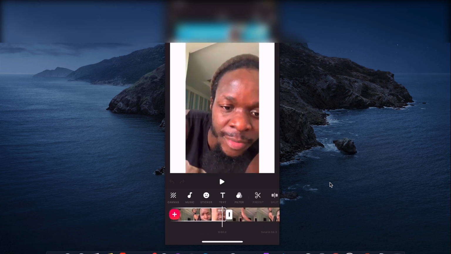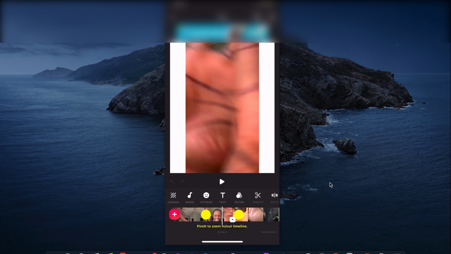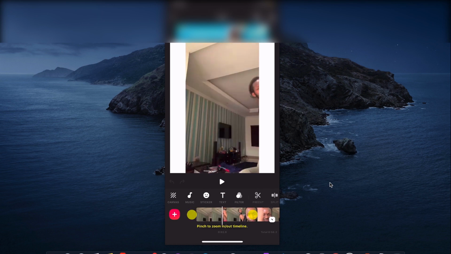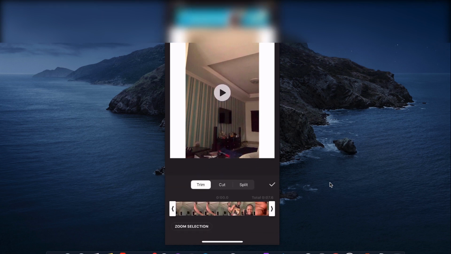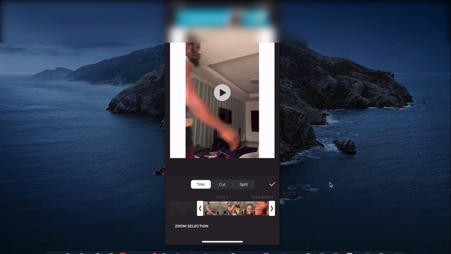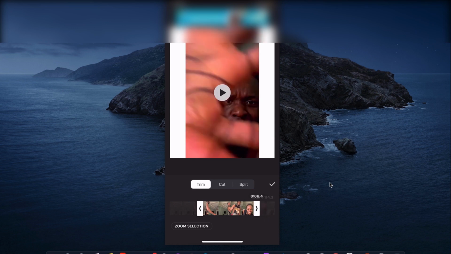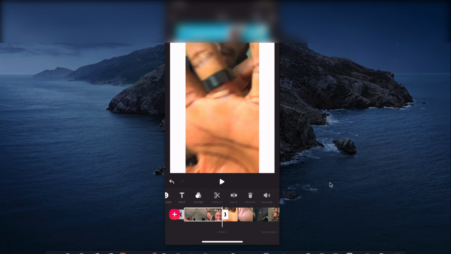The first thing that you need to do is to trim your clips. And to do that, select your clip and click on pre-cut. Inside of pre-cut, basically what we are doing is to choose an in point where the clip begins or where you want the clip to begin and an out point. This is important because you need to be sure exactly where you want the transition to begin and where you